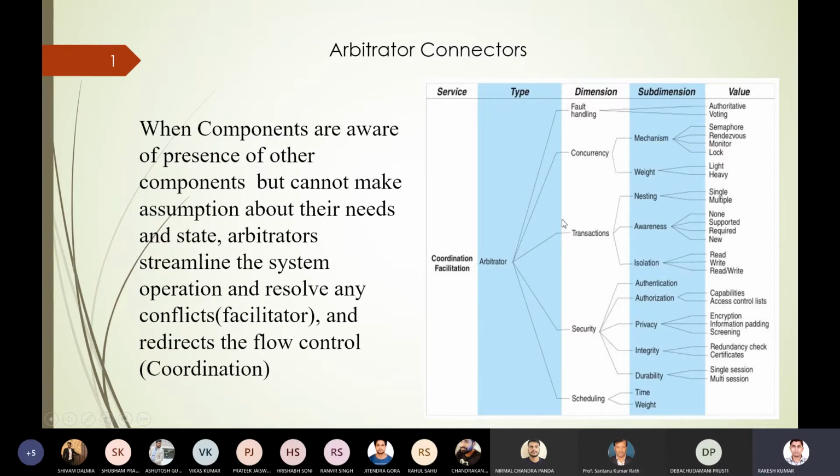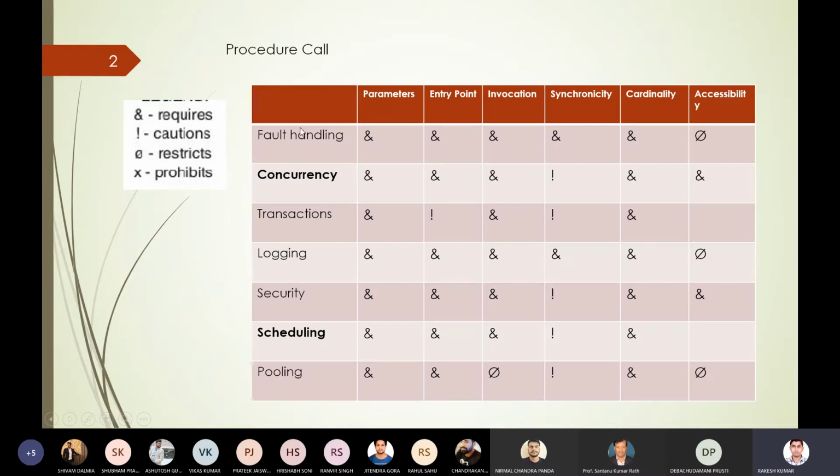As we are seeing composite connectors, we will see the combination of these dimensions of the arbitrator with the dimensions of the other connectors. As Rishabh Soni has given all the basics, I will quickly go to the connector combination compatibility matrix, means how the combination is possible. This matrix will give the compatibility, means how we can combine the different dimensions of the connectors.